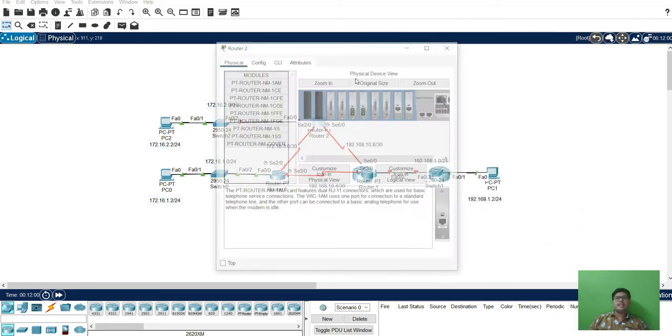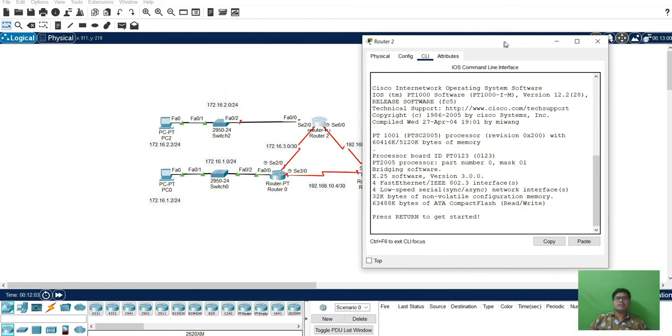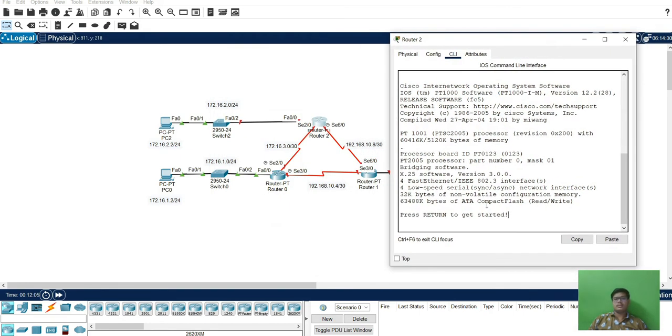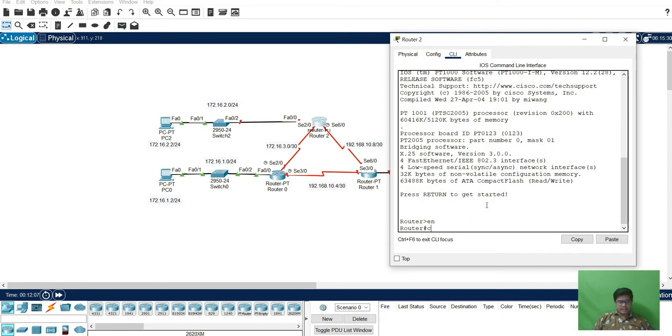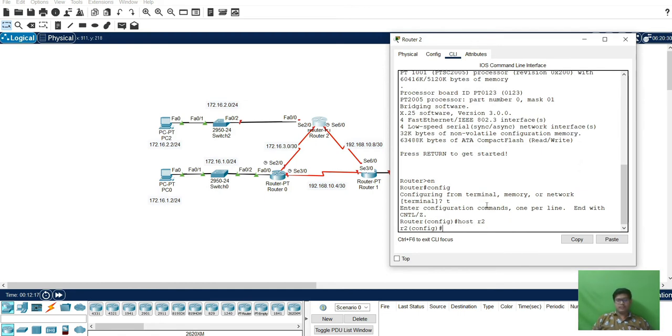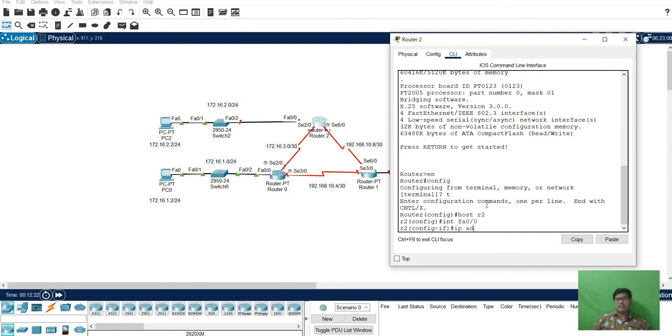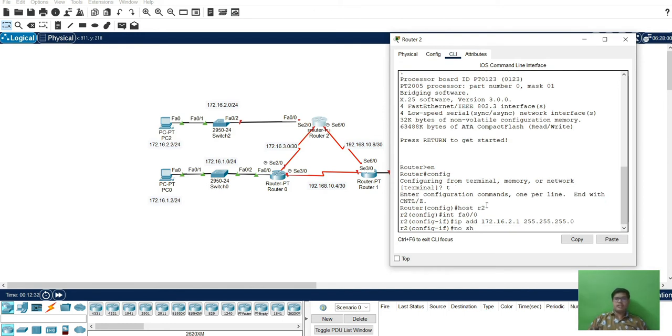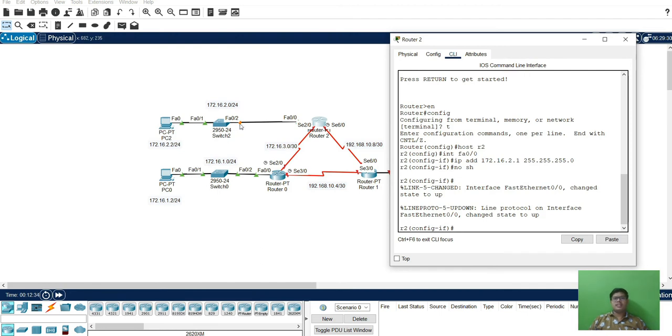Next we will move to the second router. Enable, config terminal, hostname router 2, interface FastEthernet 0/0, IP address 172.16.2.1, 255.255.255.0, no shutdown. The port is turned up.